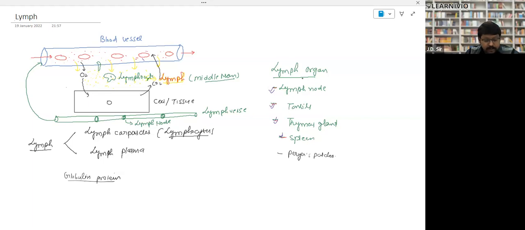Next point. Lymph functions as a middleman, which transports oxygen, food material,